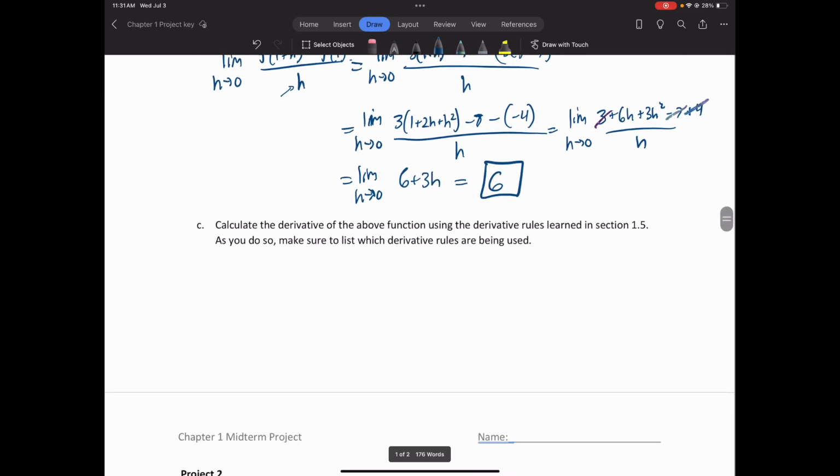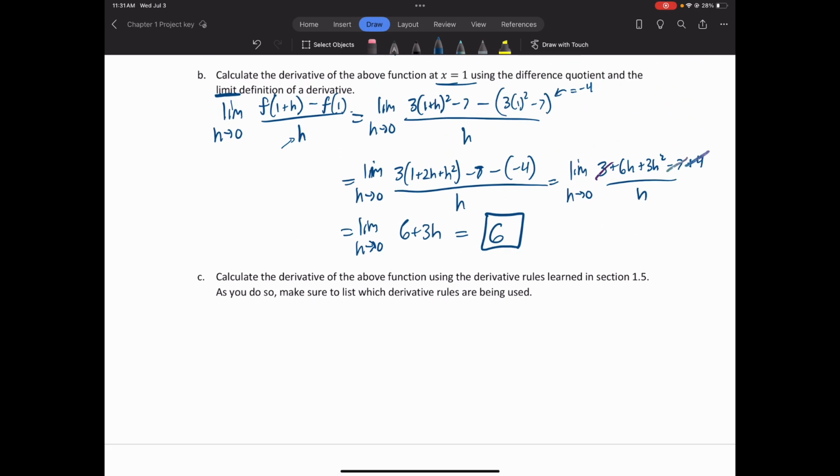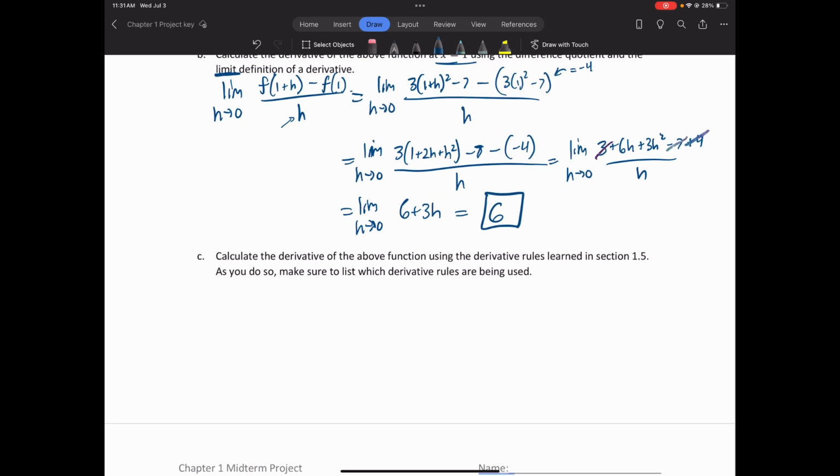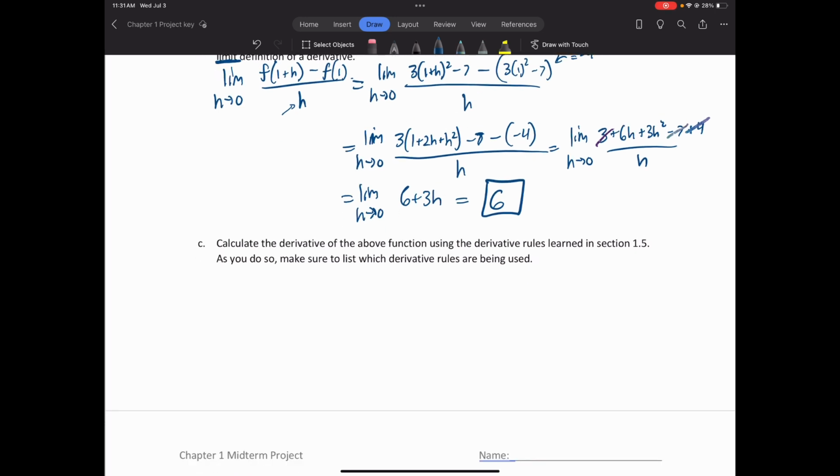And honestly, you guys did great on part B. I took a lot of time on that, but you guys aced that part, so I wasn't really too worried about it. Last, we're going to just calculate the derivative using my nice rules that we came up with later in chapter 1. And this makes life way easier because I don't have to go through the difference quotient or estimate it at all. So if my function is 3x squared minus 7,